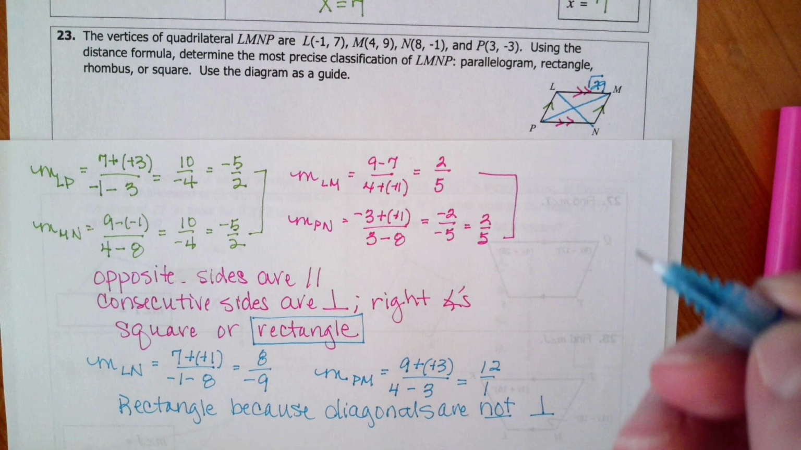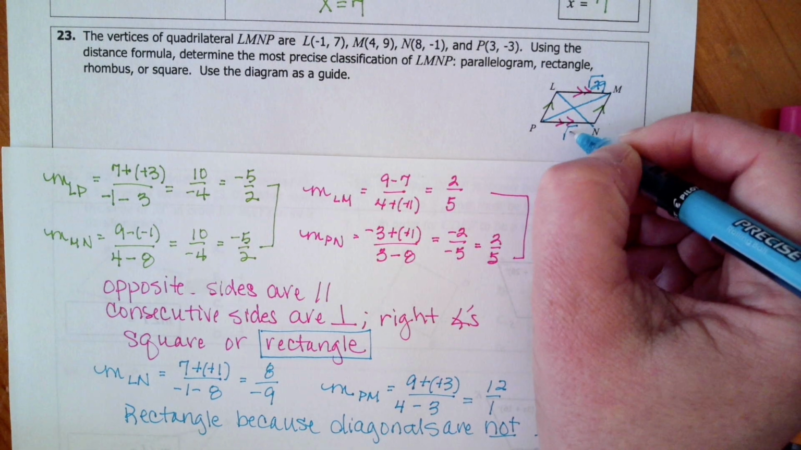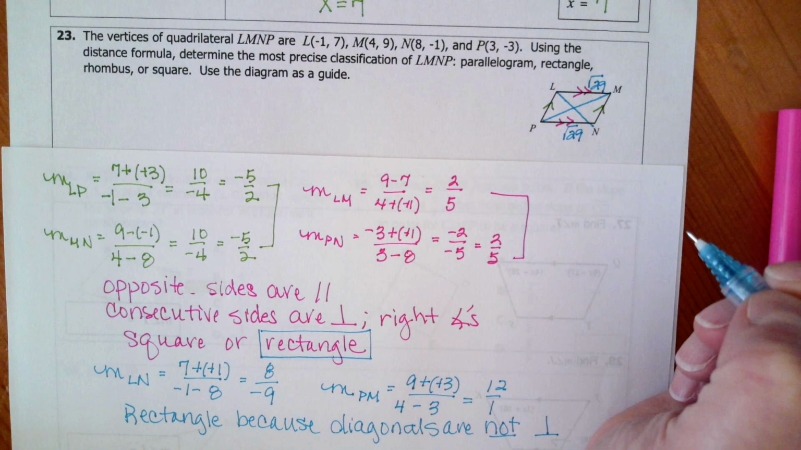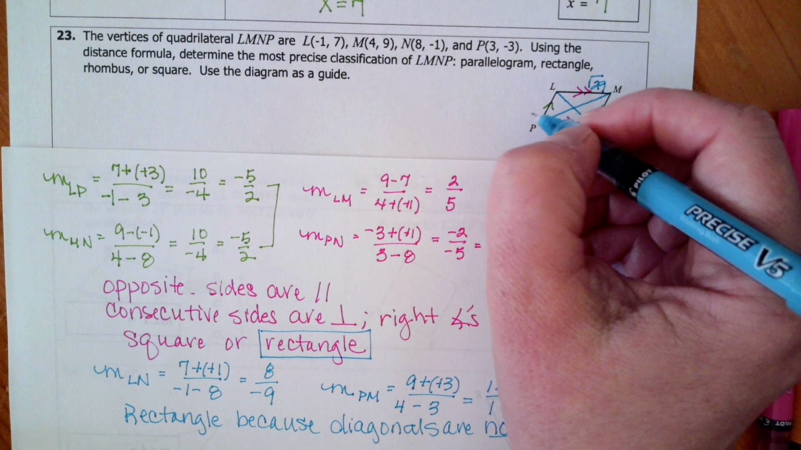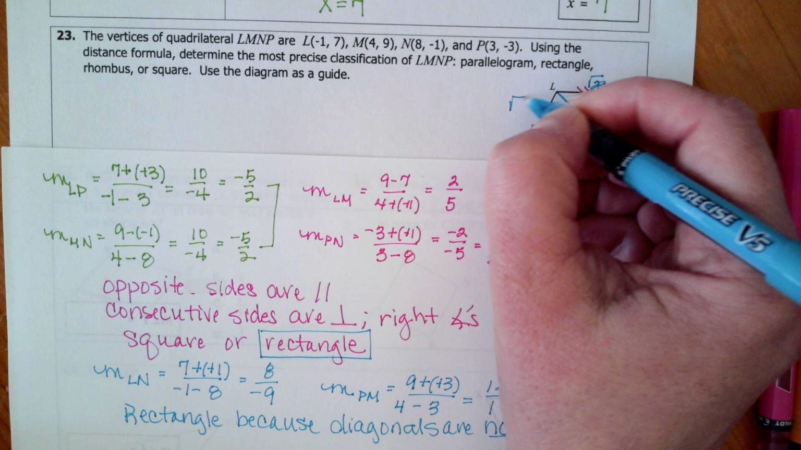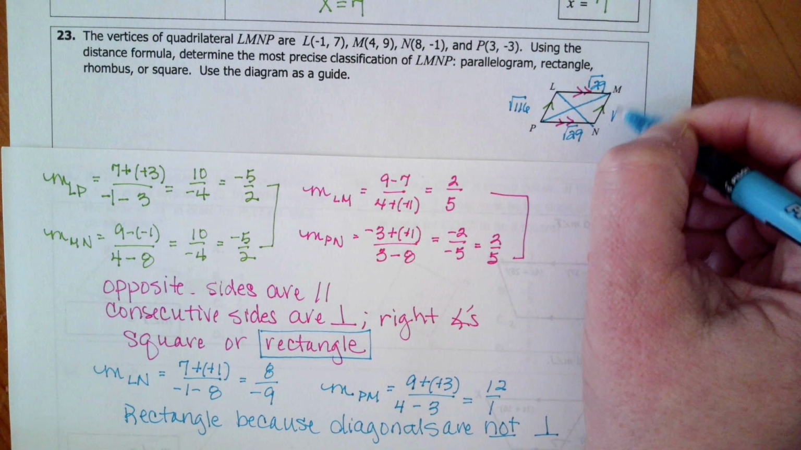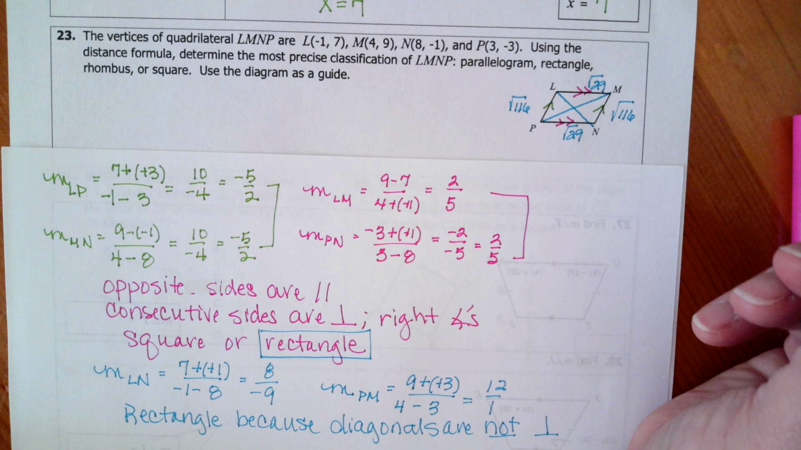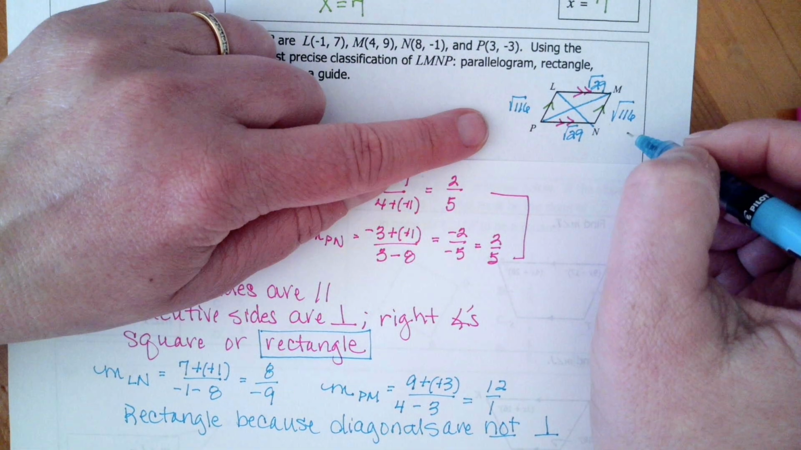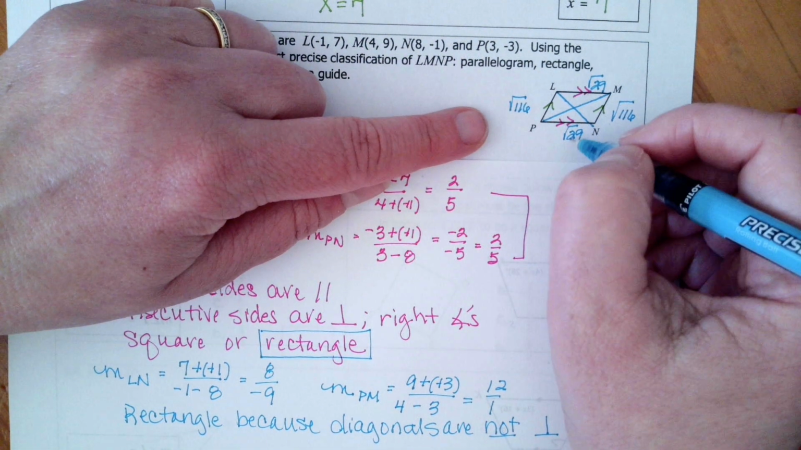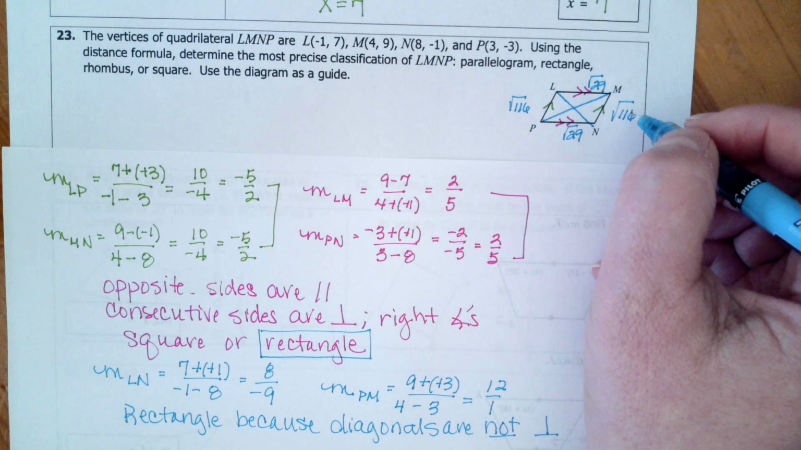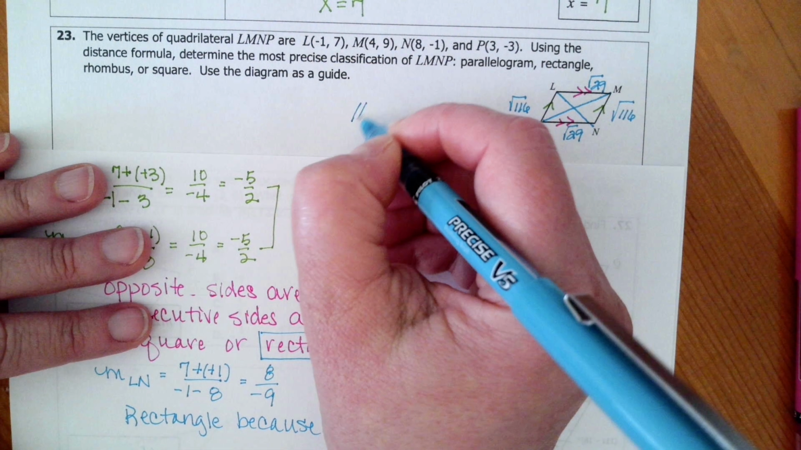And P to N would also have come out to the square root of 29. So if you had done distance formulas, just so you can check your answers, if you had done L to P, you would have found that that would have come out to the square root of 116, and M to N would have been 116. So if you'd done distance formula, you would have known right away that opposite sides were congruent, which would have said that you had a parallelogram